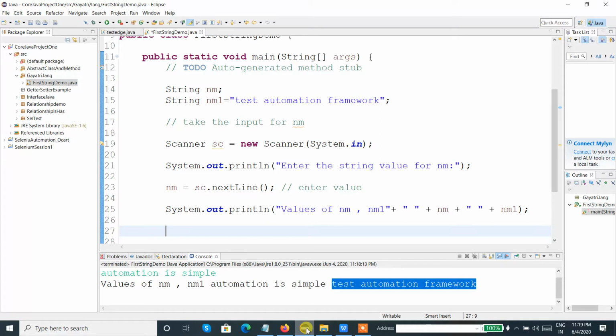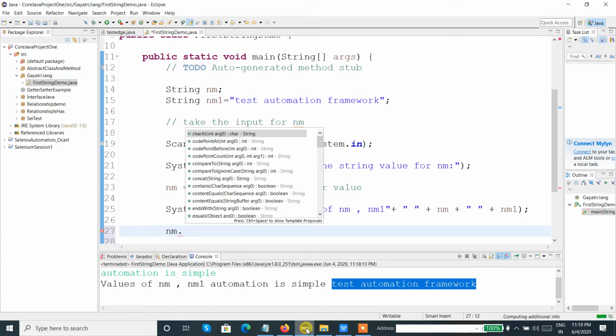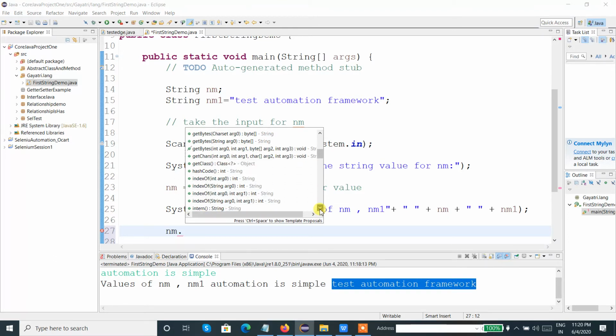So now by using nm, if I keep dot, as nm is the object for the string class, I can see all the methods available under string class and the object class methods. Why are object class methods added with this? Because object class is the parent class for all the classes available in Java. Fine. So these are all the methods.